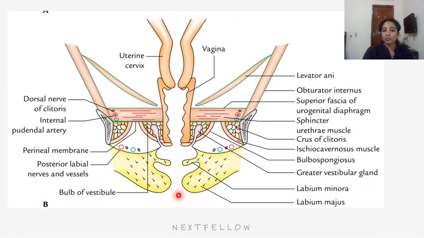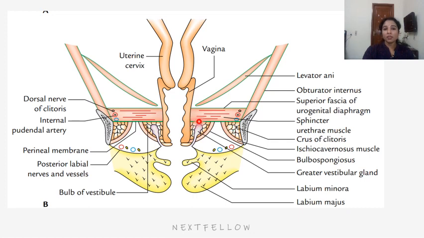Let's see the contents of deep perineal pouch in females. So in females, the perineal membrane is pierced by urethra and vagina, both openings. So the urogenital diaphragm is also pierced by vaginal opening and urethral opening. So here the coronal section is taken at the level of vagina. So we are seeing vaginal opening, and on each side we can see the deep transverse perineal muscles